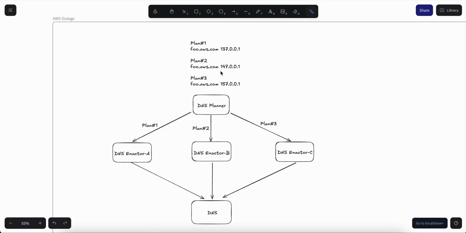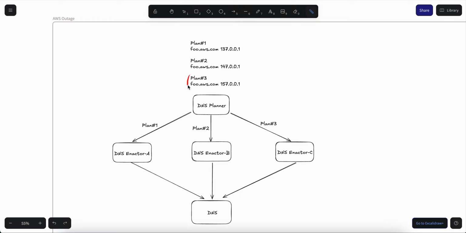within the AWS architecture, they have a DNS which is called Route 53, and this DNS is updated by another component called the DNS planner. This DNS planner's job is to come up with different plans. Think of a plan as just a snapshot of different domains and the IP address that should be mapped to that particular domain.